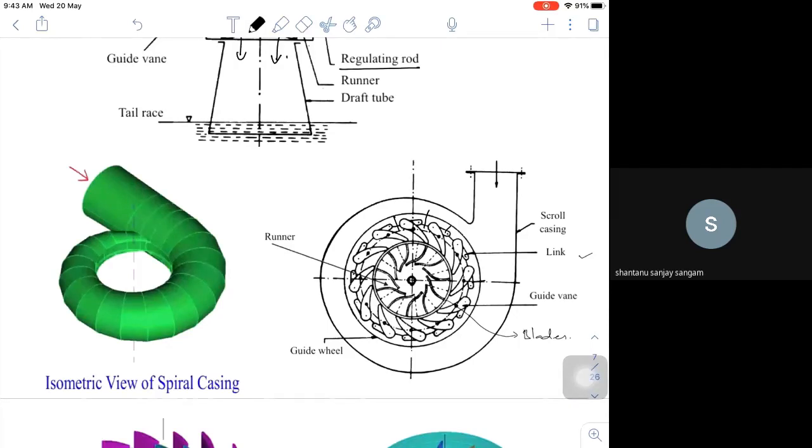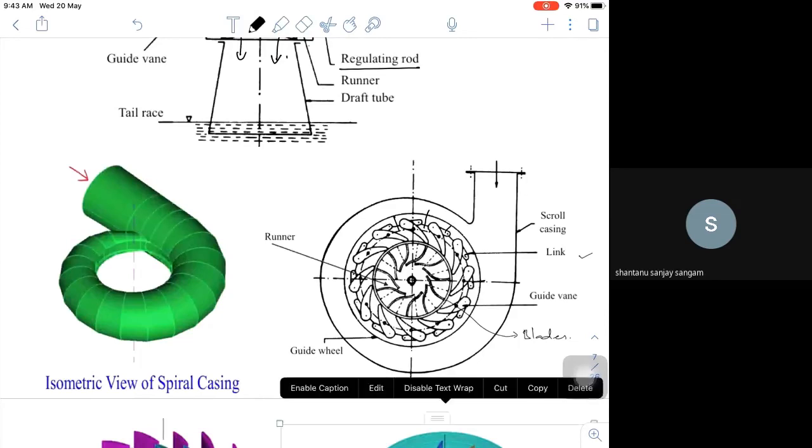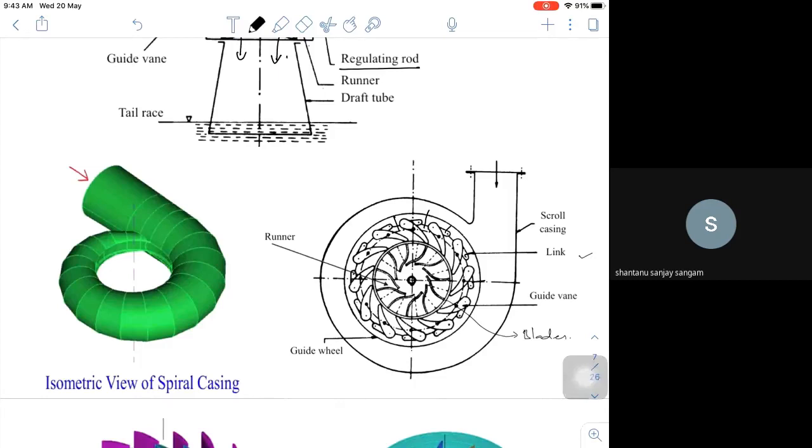Now I have a side view. You can see there is a cross section, a cut section view of it. You can see the vanes I am showing; these are the vanes which are twisted. Look at this, they are almost going in. The fluid will come like this and go inside like this.